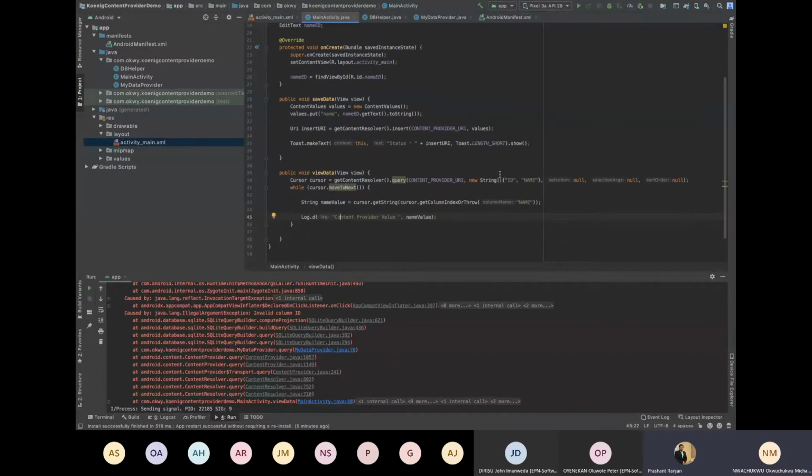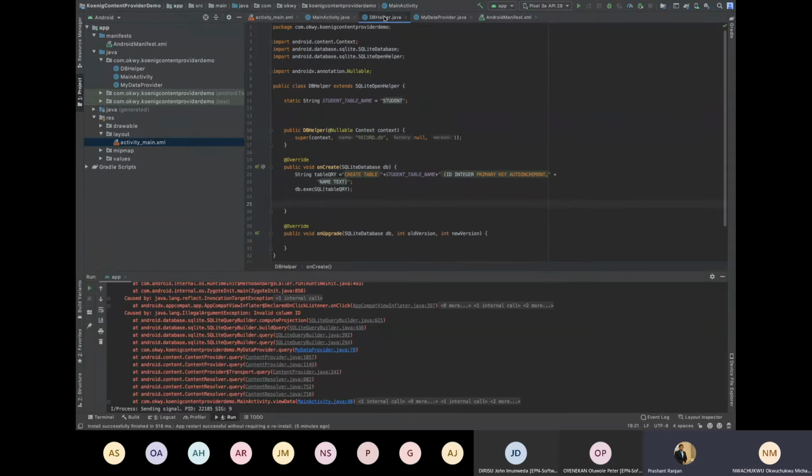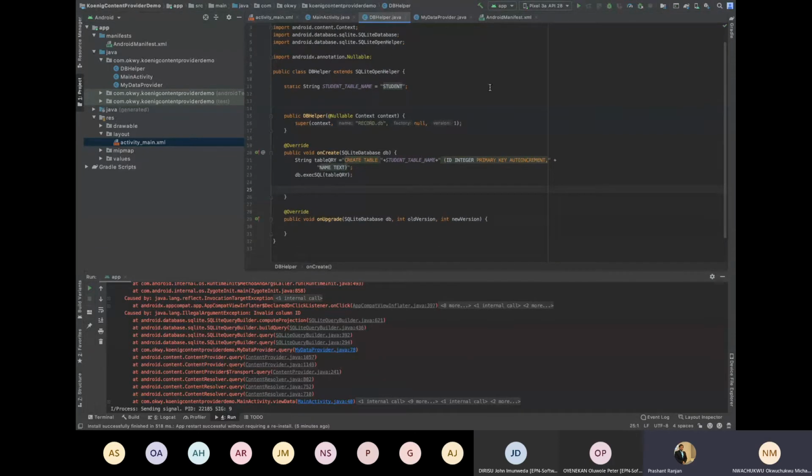So you have a string ID name in which you are going to get a string from the cursor, the string name over there. Fine. Cursor dot. Go for DB helper once, please. Okay. Name is going to be textual. It looks fine.